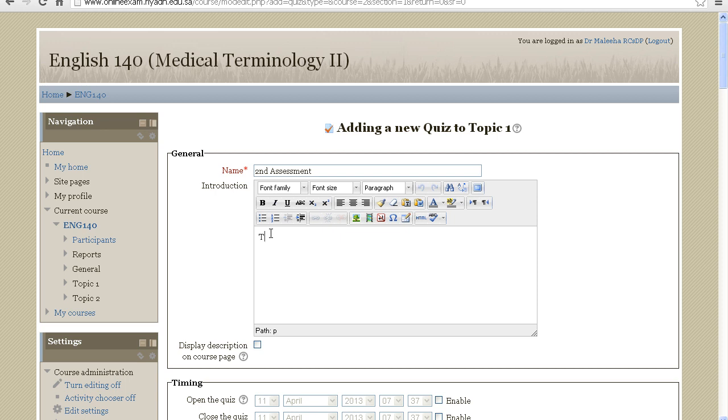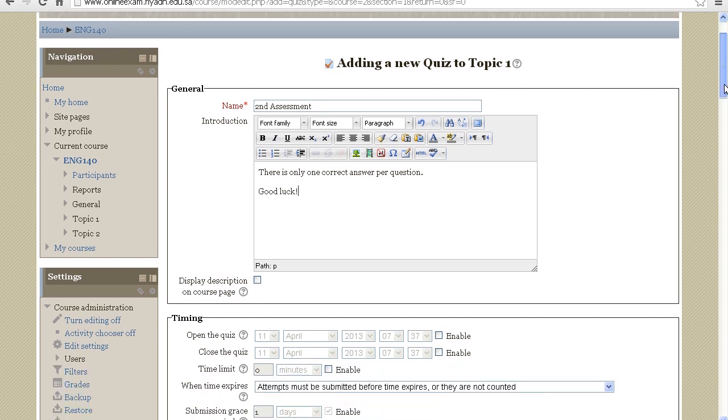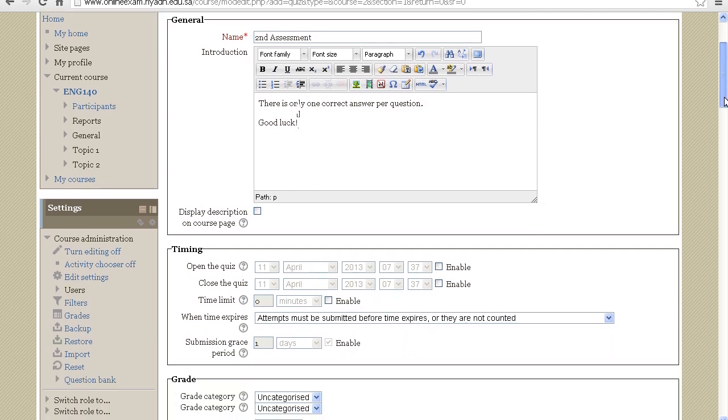For example, there's only 1 correct answer per question. Maybe I'd like to remind them of that, or I'd like to wish them luck on their exam. I can go ahead and add as much information as I'd like, for example, the topics included or the duration of the exam. Now, once I've entered what I'd like the students to see as the introduction of the exam,